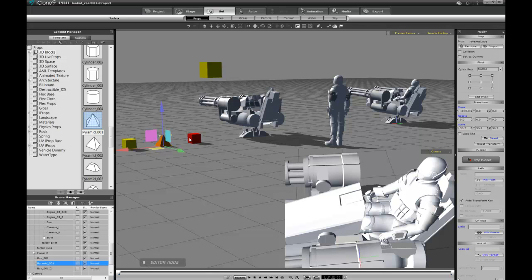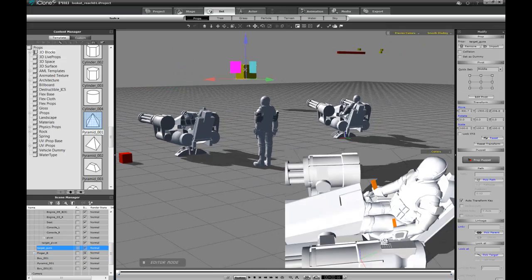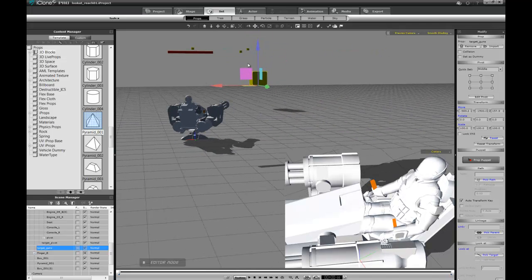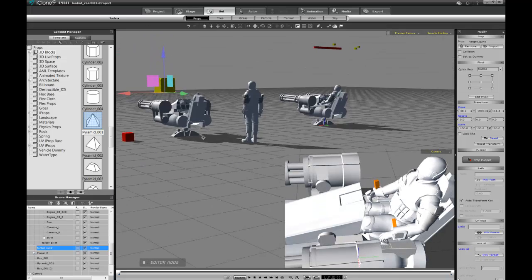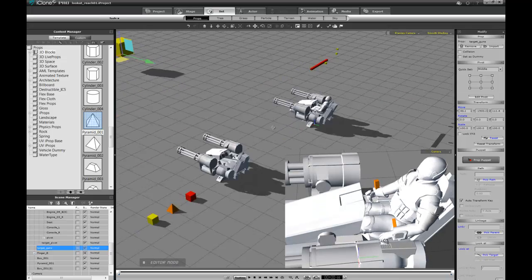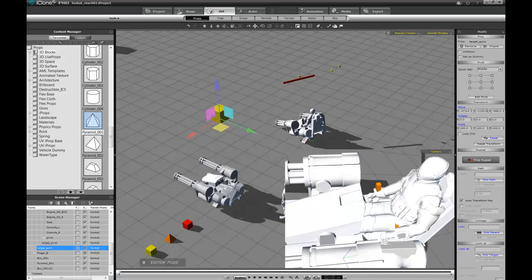Now I'm going to press Control D, which allows us to turn on and off dummy objects. And I want you to see how these dummy objects react as I move the target. Notice this red bar over here, how it rotates and pivots. Right there, let's pick a better angle from the top almost. And I'm going to move my target over here. As I move up and down, notice how